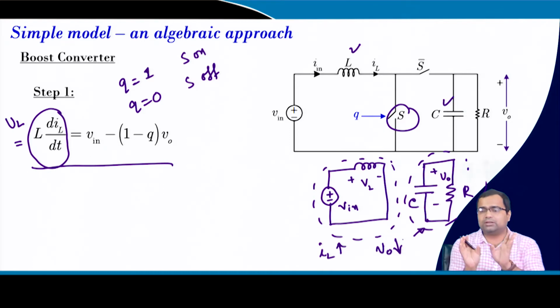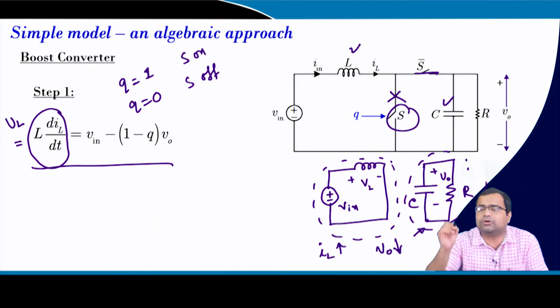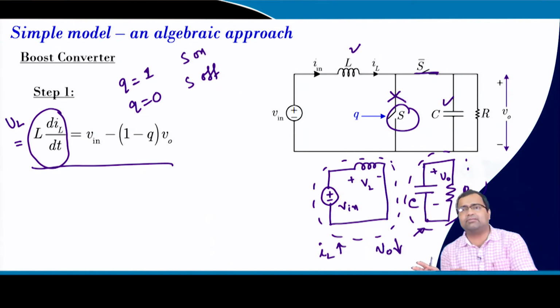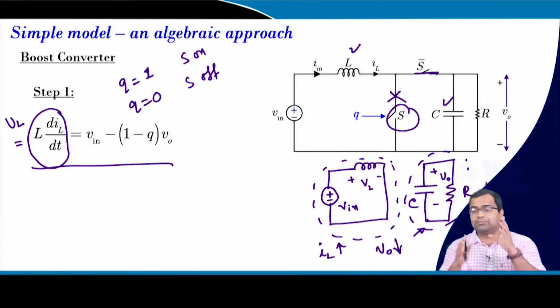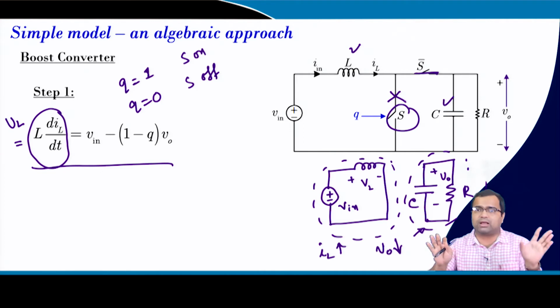In mode 1 the two circuits are decoupled, but in mode 2, when the main switch is off, the circuit is a parallel RLC circuit. In this mode there is no problem. Whatever energy is stored during mode 1 should get delivered to the capacitor as well as the load. We need a mechanism so that the inductor energy can transfer to the capacitor, otherwise the whole system will collapse and the inductor will simply saturate and may damage the switch, because the high current can exceed the limit of the devices.